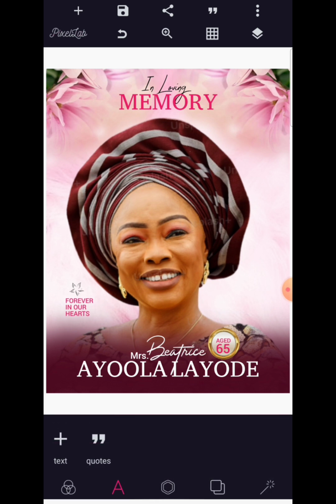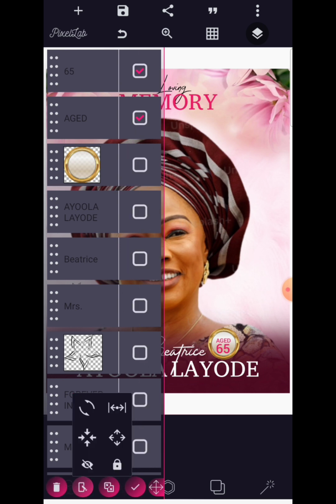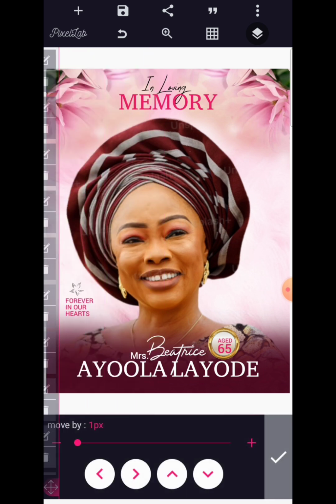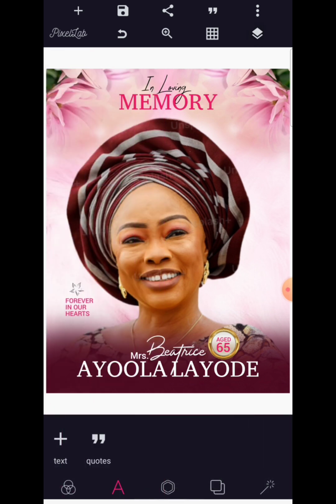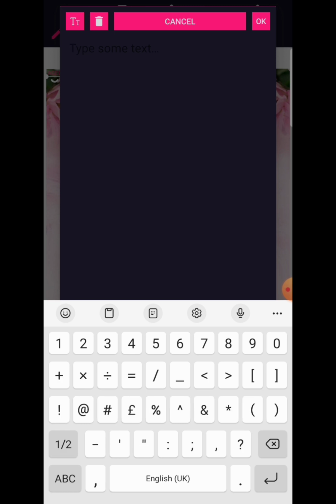So I have H65. Okay, but it's sideways, so I want to click on the two write-ups and move them. H65. Very beautiful. Good. Now the last thing we're going to do here is to click on this H, then we'll make a copy, edit it into the year she was born and the year she passed on. So 1969 until